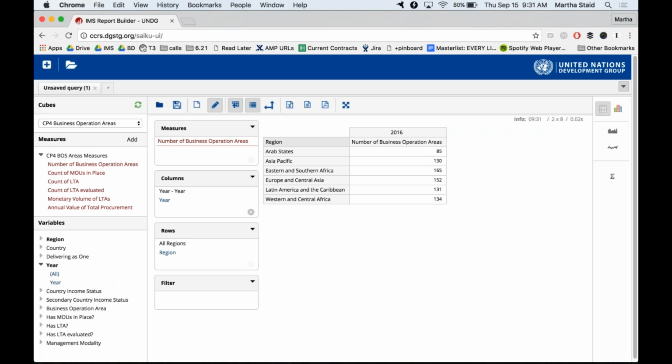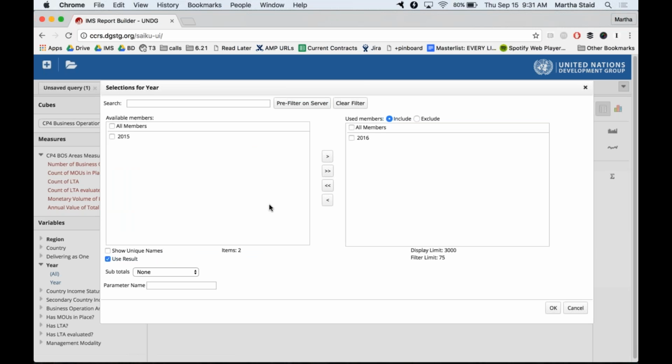So filtering, the most basic and foundational way to do it is to put your variable into the filter section. However, if you want, you can also leave that variable as one of the columns or one of the rows, and it works the same way. You just click on the name, it opens up this window for you where you choose which pieces you want to include and move them to that right-hand box.